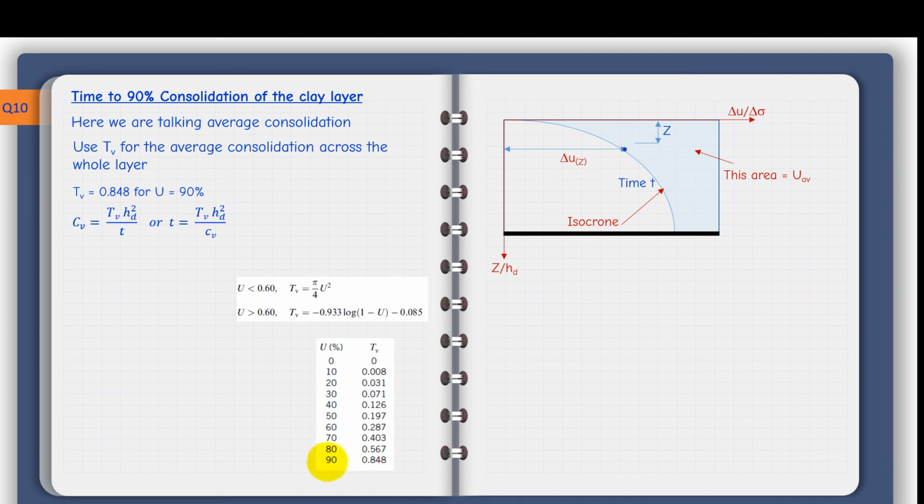So the time factor corresponding to 90% is 0.848. Then I am in a position to substitute here 0.848. Drainage path is 4. And here I have the coefficient of consolidation, C sub V. So the time here is 785 days. I am able to use this equation because the question in hand is pertinent to the average performance of the overall thickness of the clay. Hopefully you have enjoyed this very interesting problem, and I'll see you